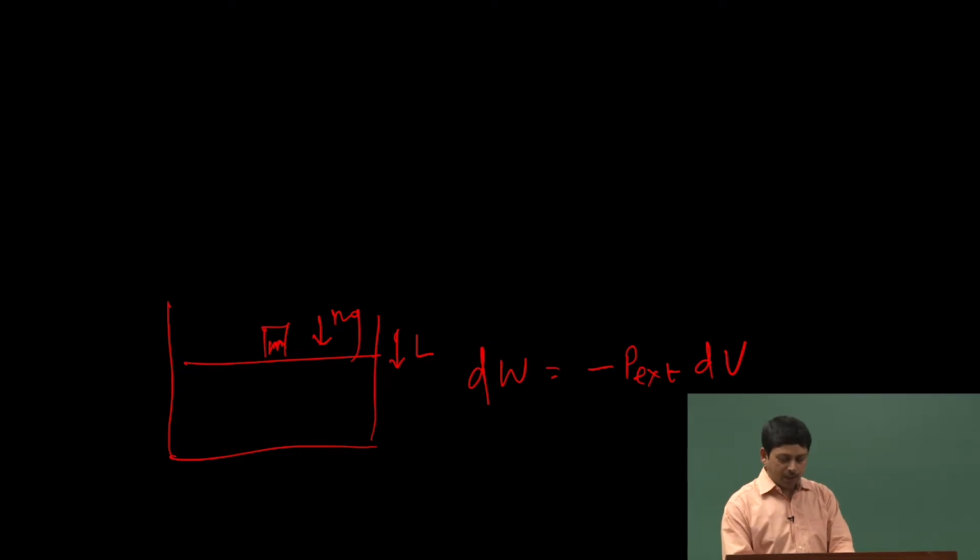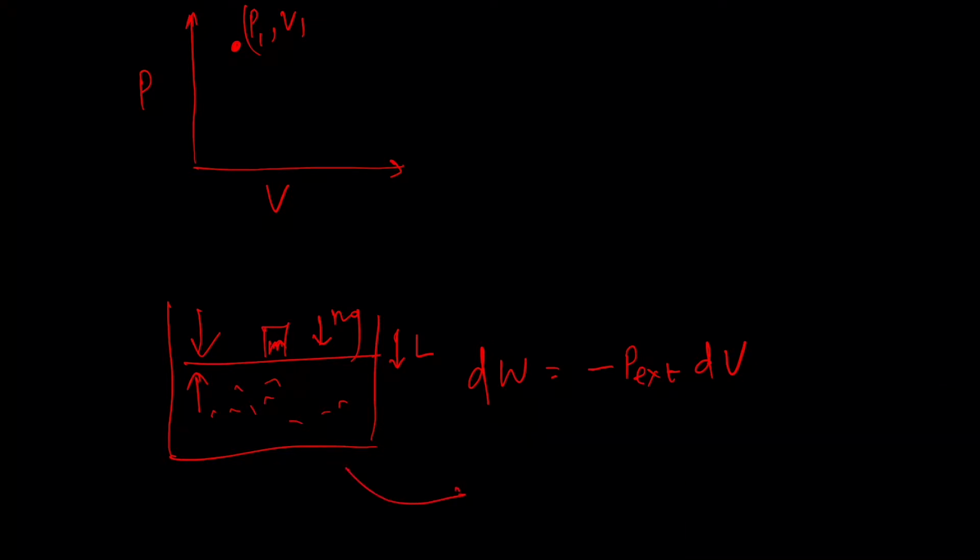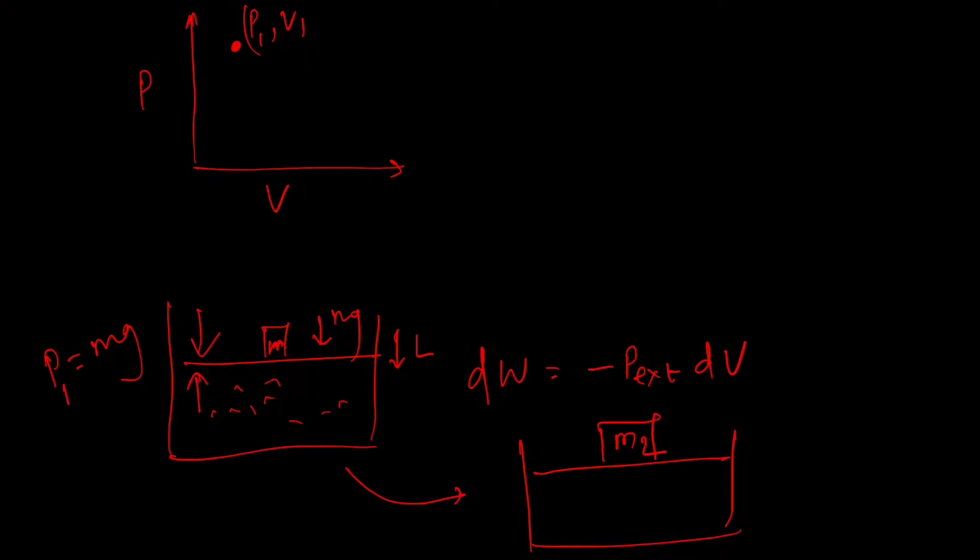So, it is the pressure exerted by the mass, which means the external pressure, that is under consideration. Right now when the system is in equilibrium, your internal pressure and external pressure are equal, they are balanced. Let us say it is a PV diagram and the initial pressure is P1, volume is V1, when there is a mass m sitting there. Now, let us say suddenly we change the system to M2. Here the pressure was P1 equal to mg, and here the pressure is M2g.